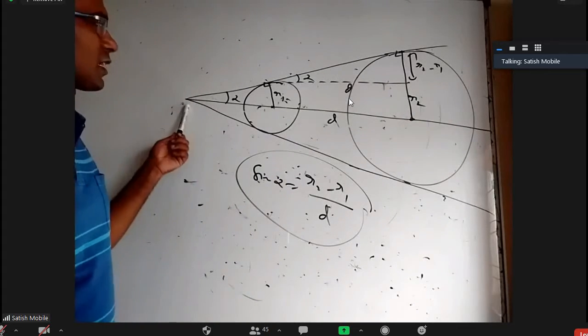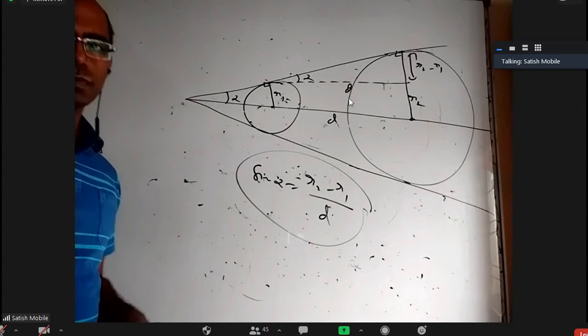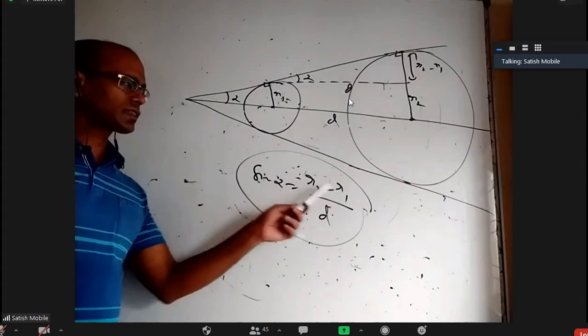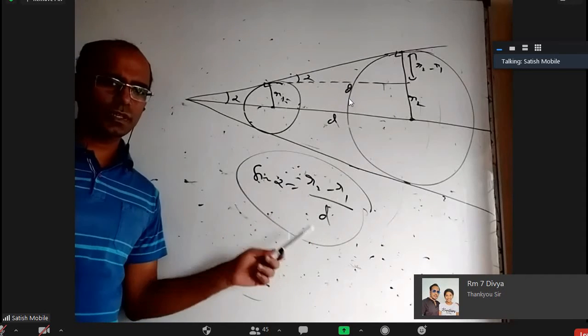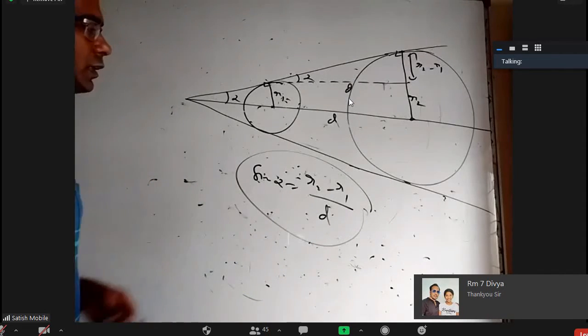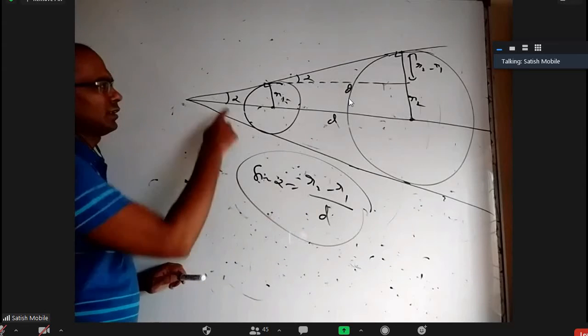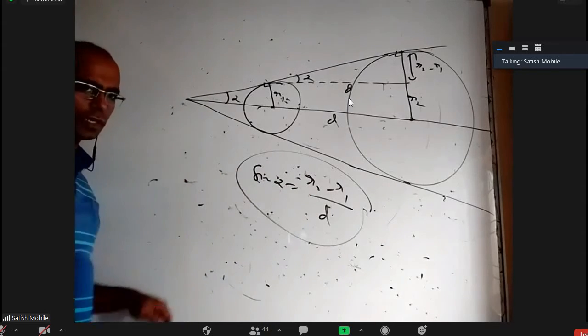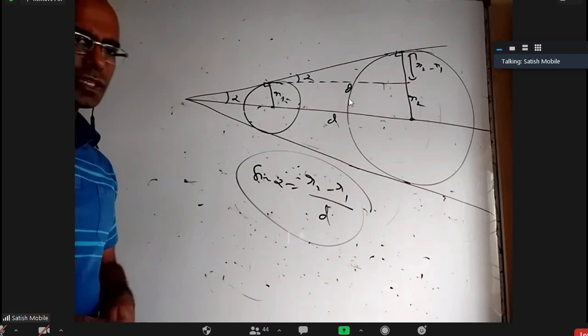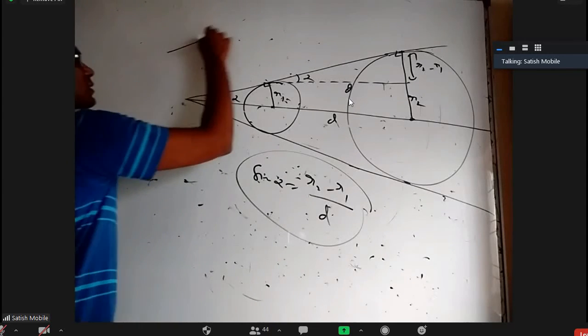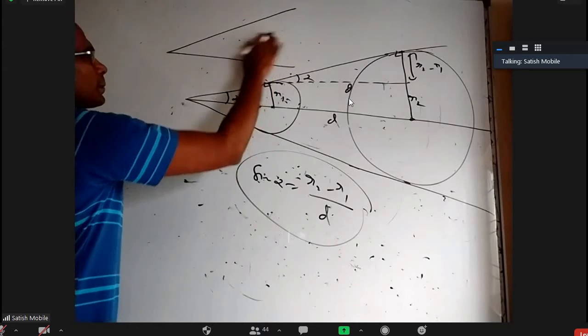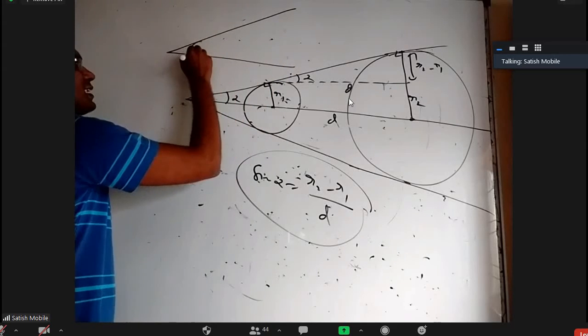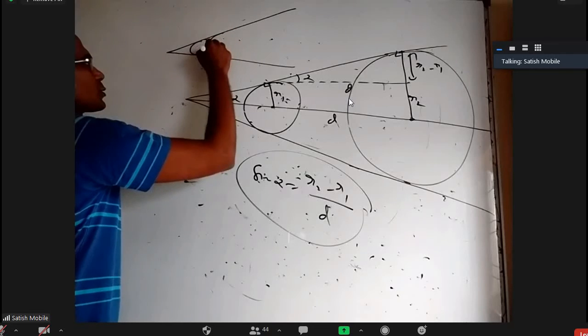I don't have to find the actual center of similitude and then use tan theta by 2 equal to r by root S11. I just need the radius of the two circles and the distance between the centers. That is good enough. So sine inverse of this is half of the angle, so 2 sine inverse of (R2 minus R1) by D will be this total angle. Almost related to this, I'll tell you one more thing. Let us say I have two lines, and let us say a series of circles are touching like this.